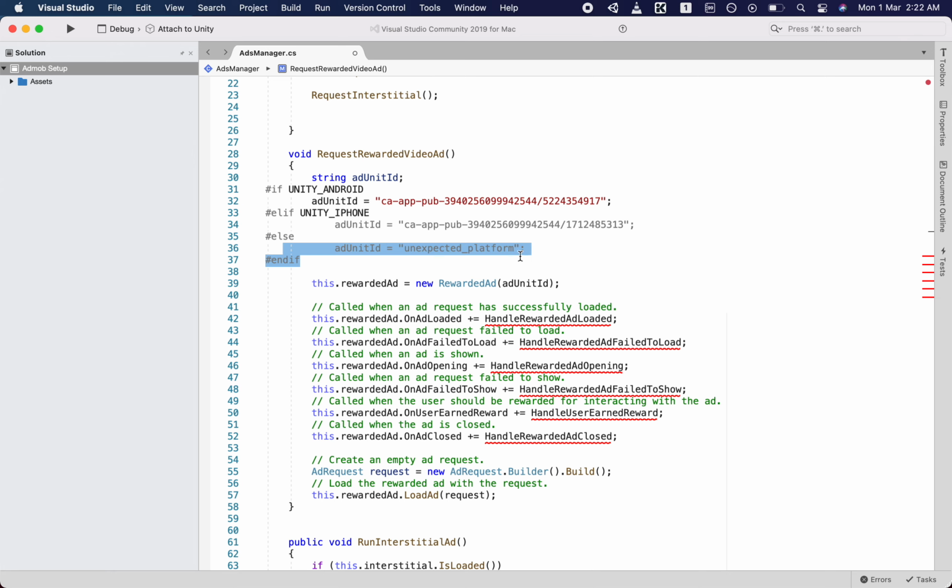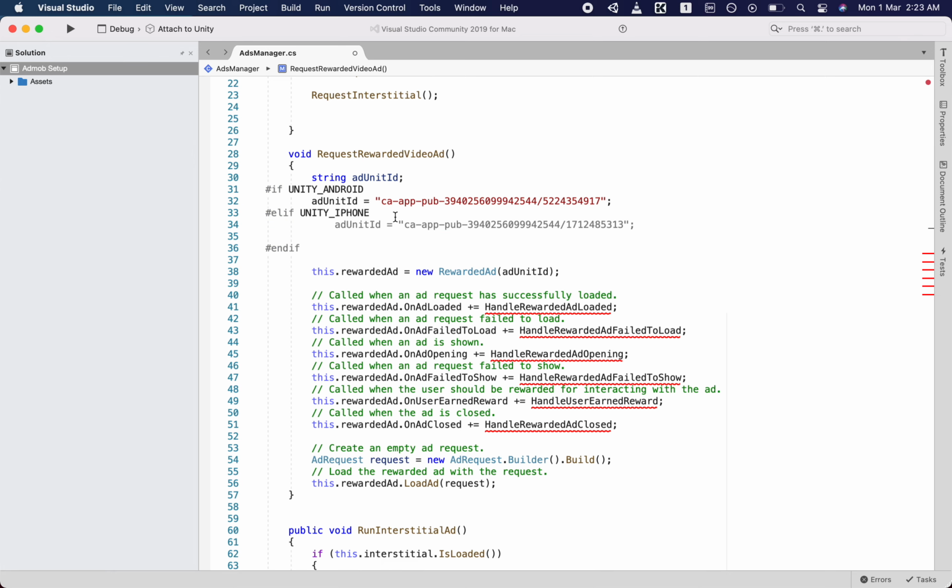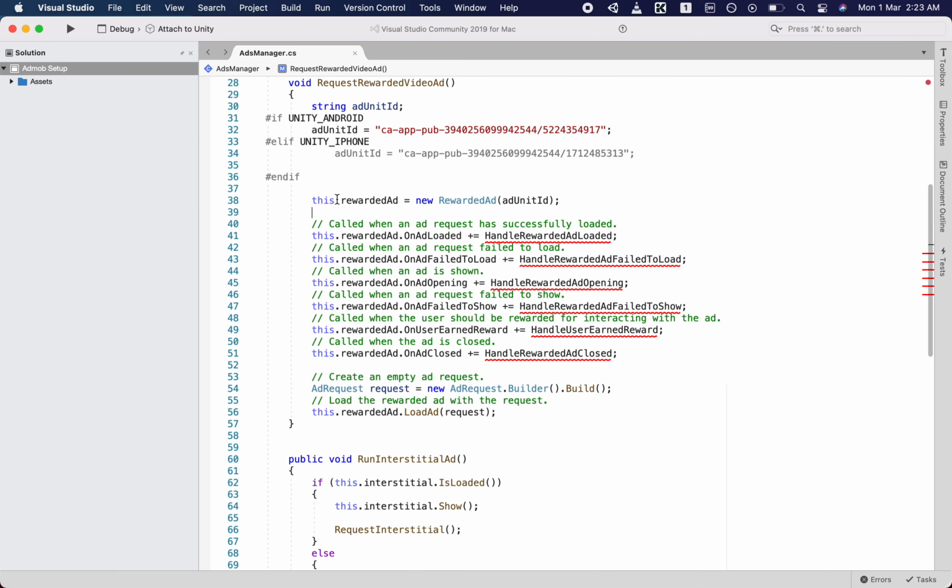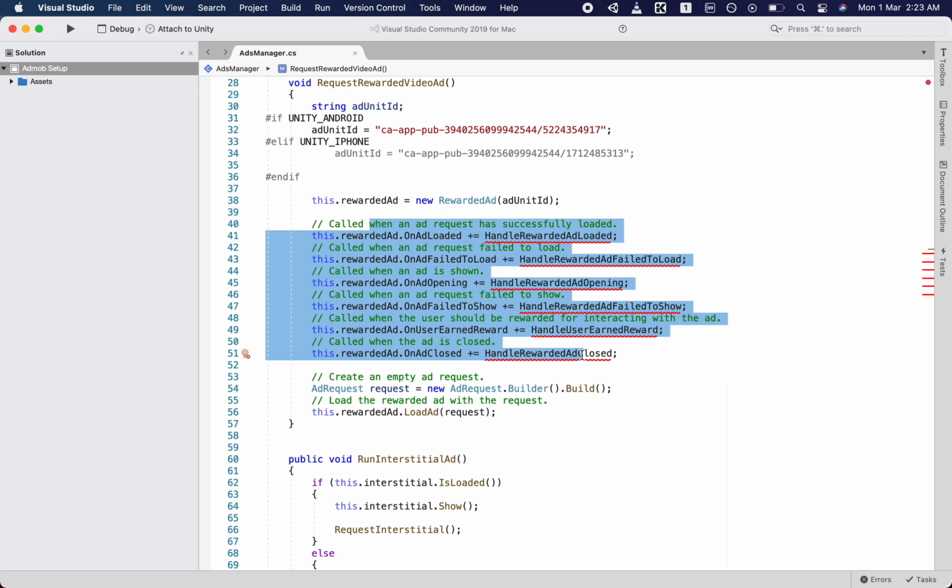We can get rid of this one. Now rewarded, we are requesting the rewarded video ad. Then here comes the handler. What happens when the user clicks the rewarded video ad is the user will get the reward after they watch the ad. It might happen that the user is watching the ad and cuts the ad in the middle of that video. We should not give a reward to the user, otherwise users will start exploiting that option.